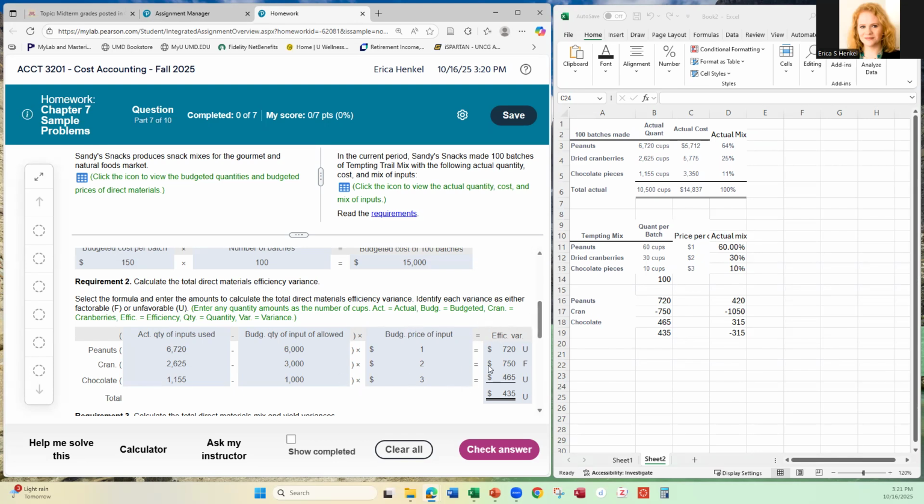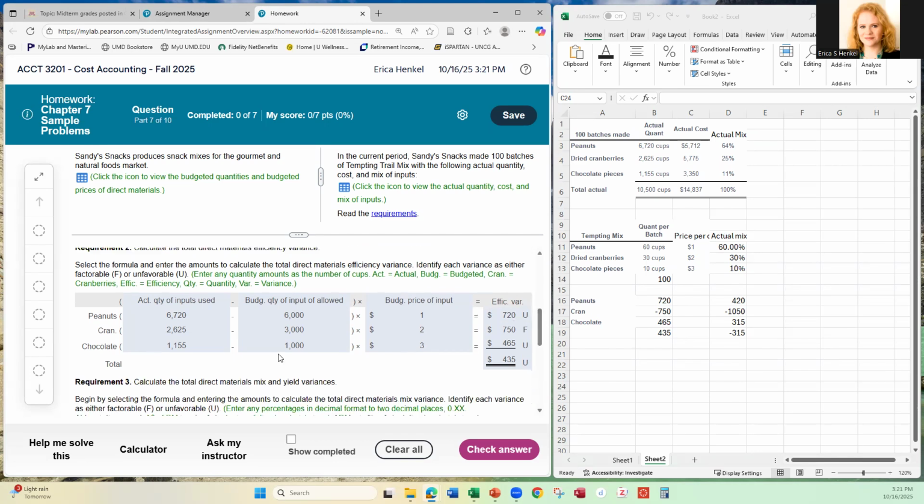When we calculate those out, it gets us to efficiency variances of 720, which is unfavorable because we actually used more than we budgeted. So unfavorable for peanuts, favorable for cranberries because we actually used less than what was budgeted. And then in terms of chocolate, we used more than budgeted, so that was also